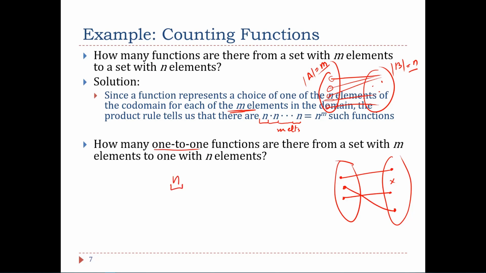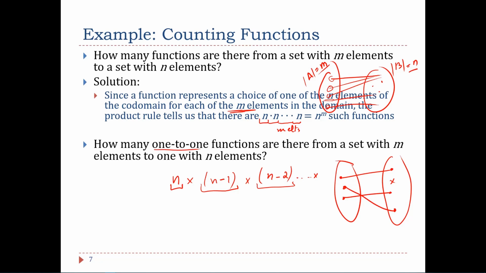But for the second element in A, you only have n minus one possibilities right now, because you cannot choose the element that has already been mapped to the first element in A. For the third element, you have fewer choices, so you're only left with n minus two choices, and so on and so forth until you finally reach the last element,